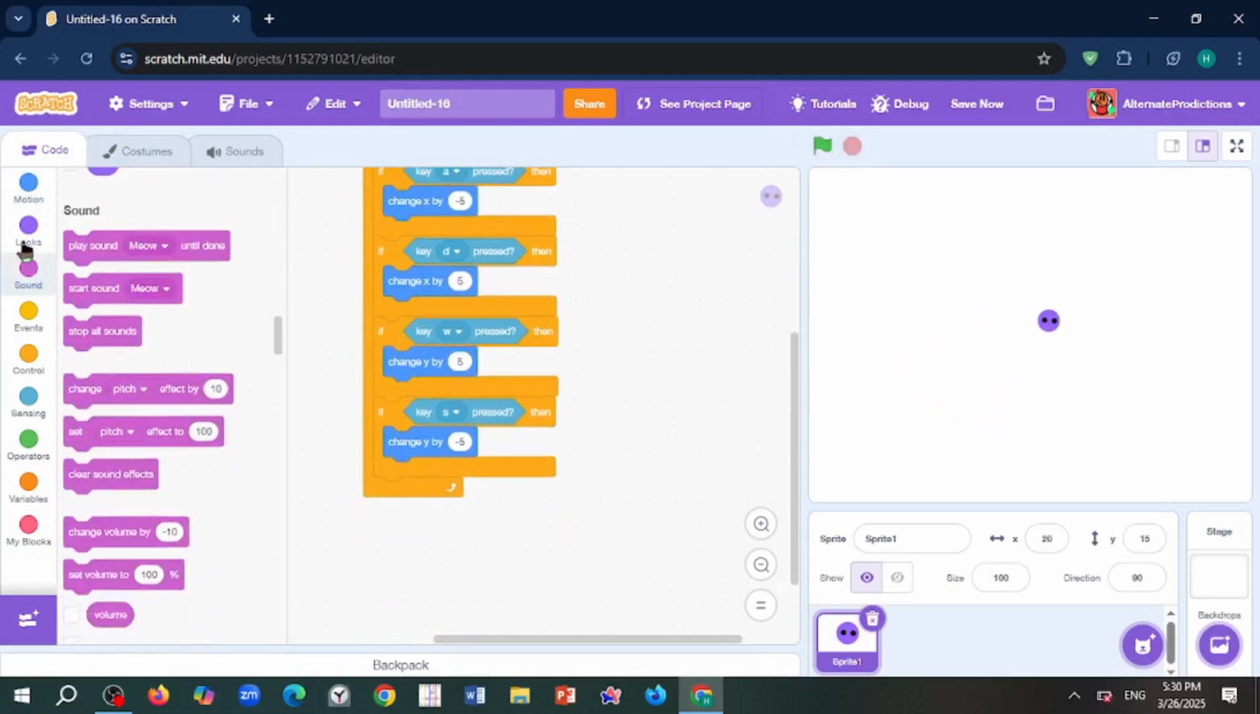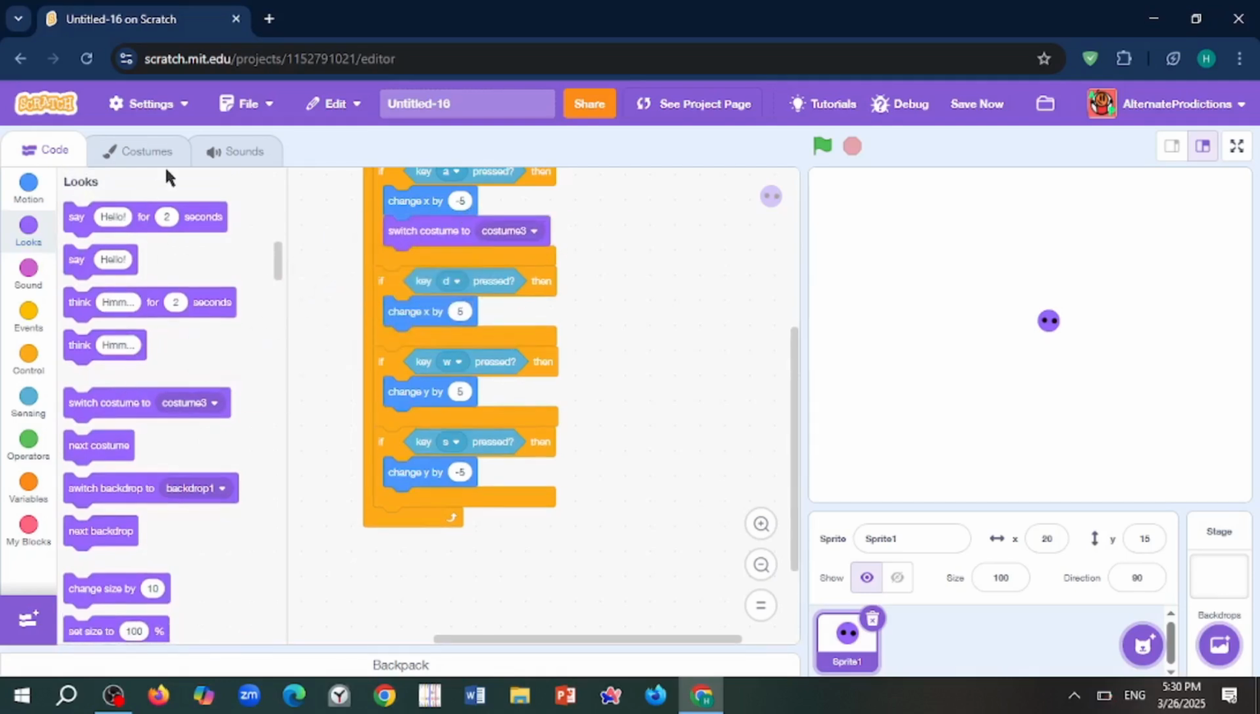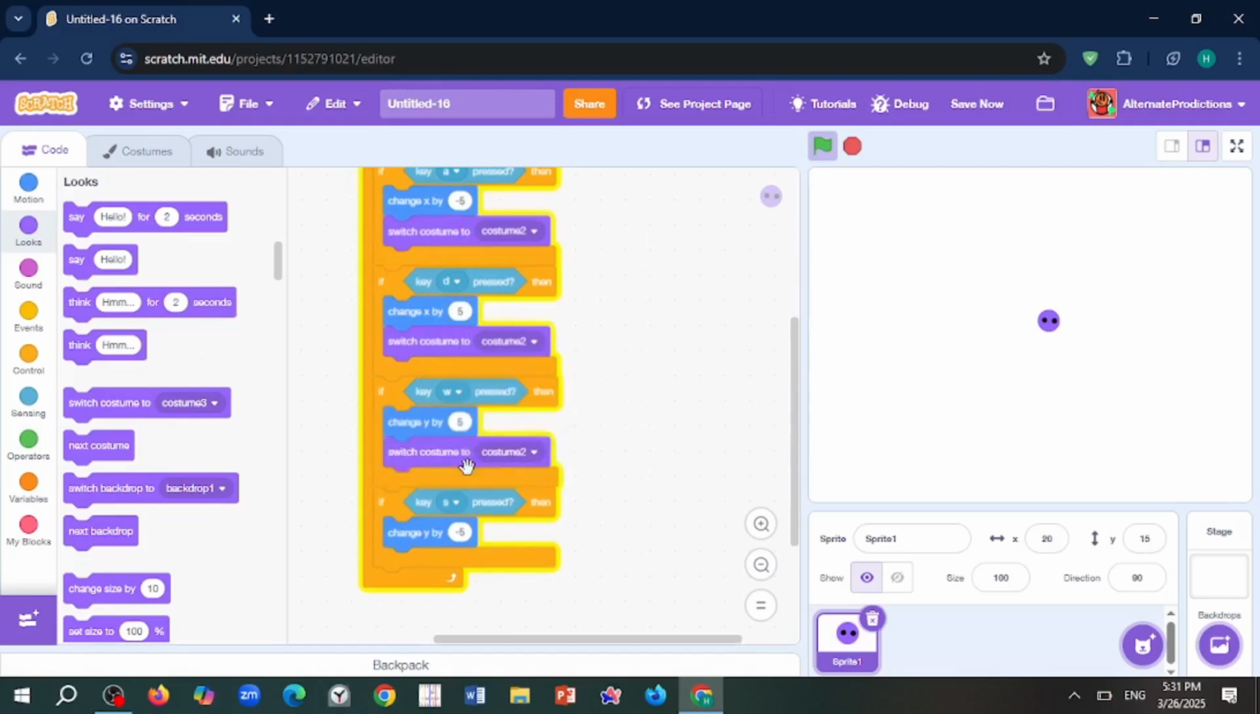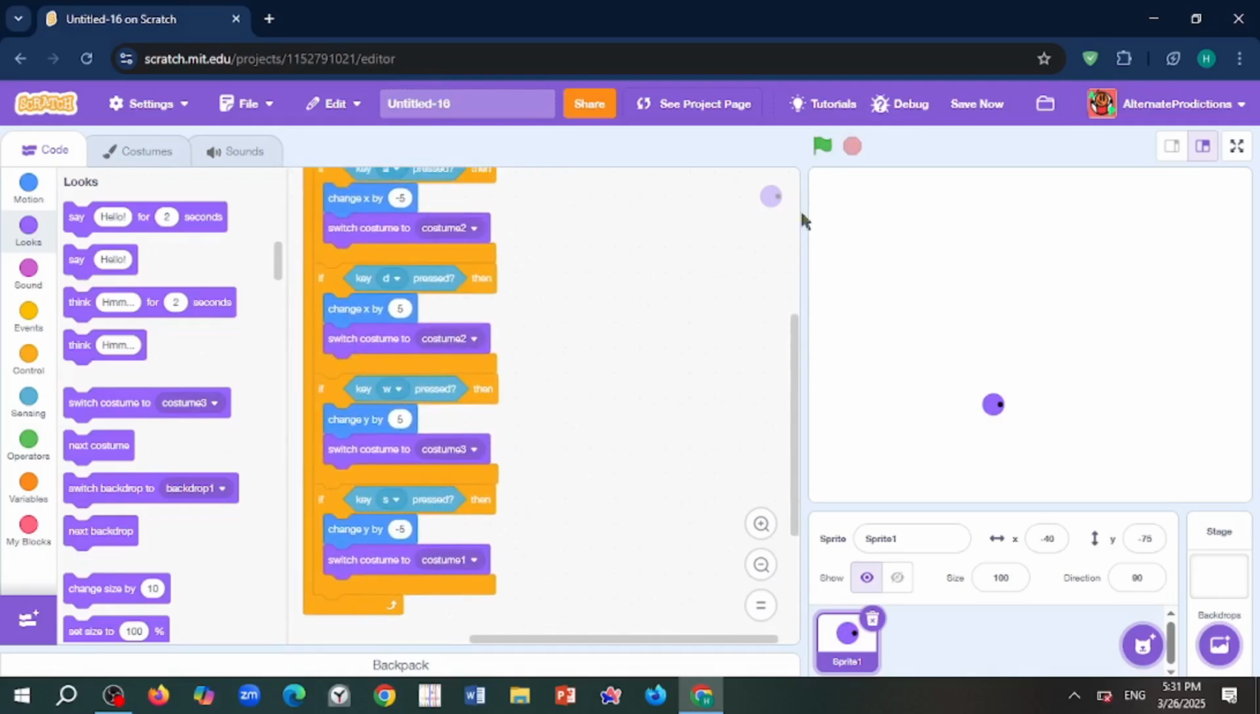Now we need it to change its costume. Now I'll switch costume to... I didn't name the costumes because I'm lazy. So switch costume to costume 2, costume 2, costume 3, which is the front facing one. No, more like the back facing one. This is costume 1. Anyways,